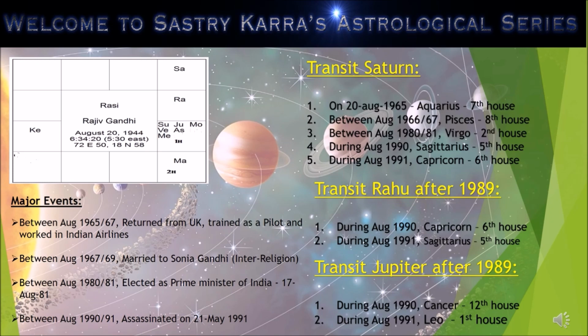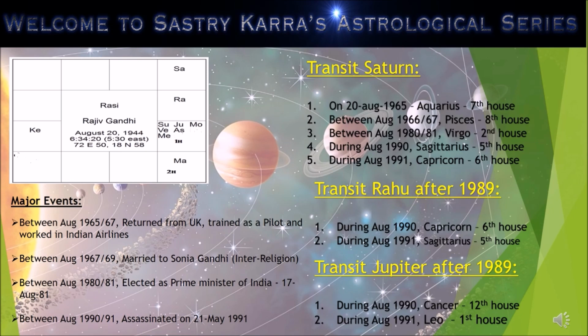When you have Saturn in such a very high complicated way of looking at some of the important houses and having a connection with some of the important planets, and particularly with a natal Saturn, transit Saturn would always try to do something odd. He was elected as a prime minister, not that he wants to become a prime minister. He was just forced to elect as a prime minister. That's what you see here.